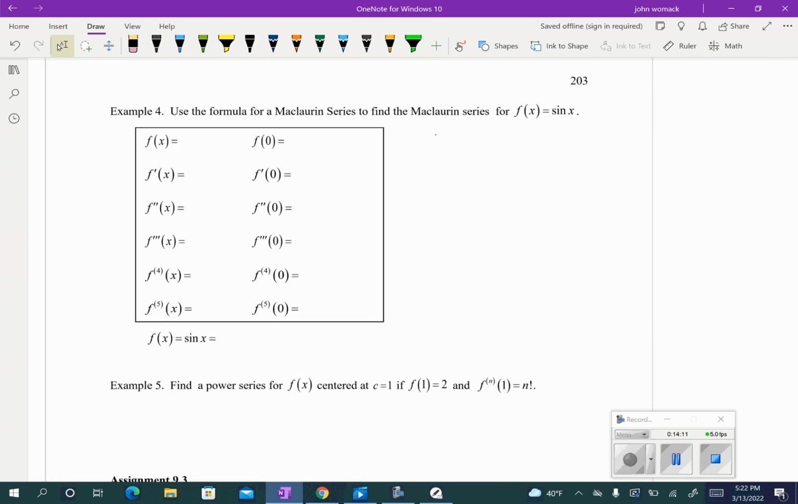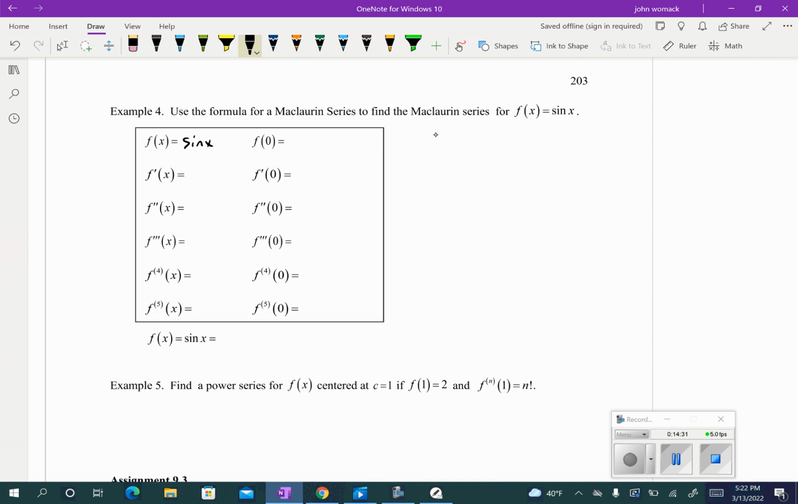Just use the formula for a Maclaurin series to find the Maclaurin series for f of x equals sine of x. So we want to fill out this little chart. We've got to do enough so we can come up with a pattern here. So let's see if we can do that. So if f of x equals sine of x,